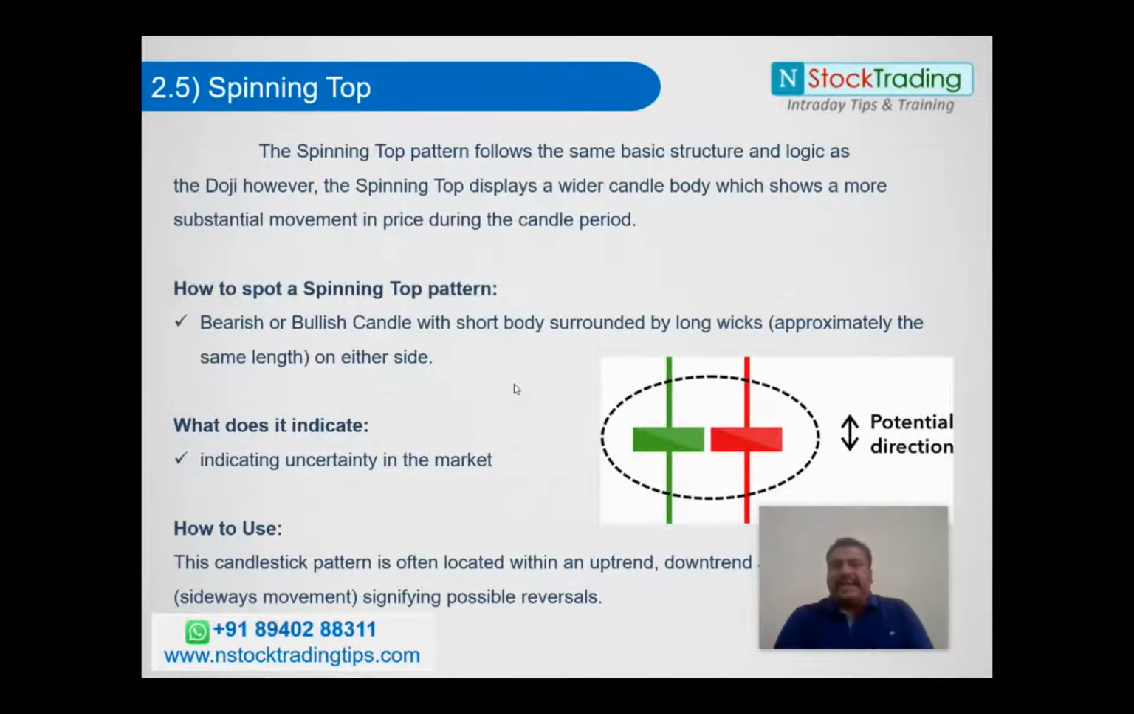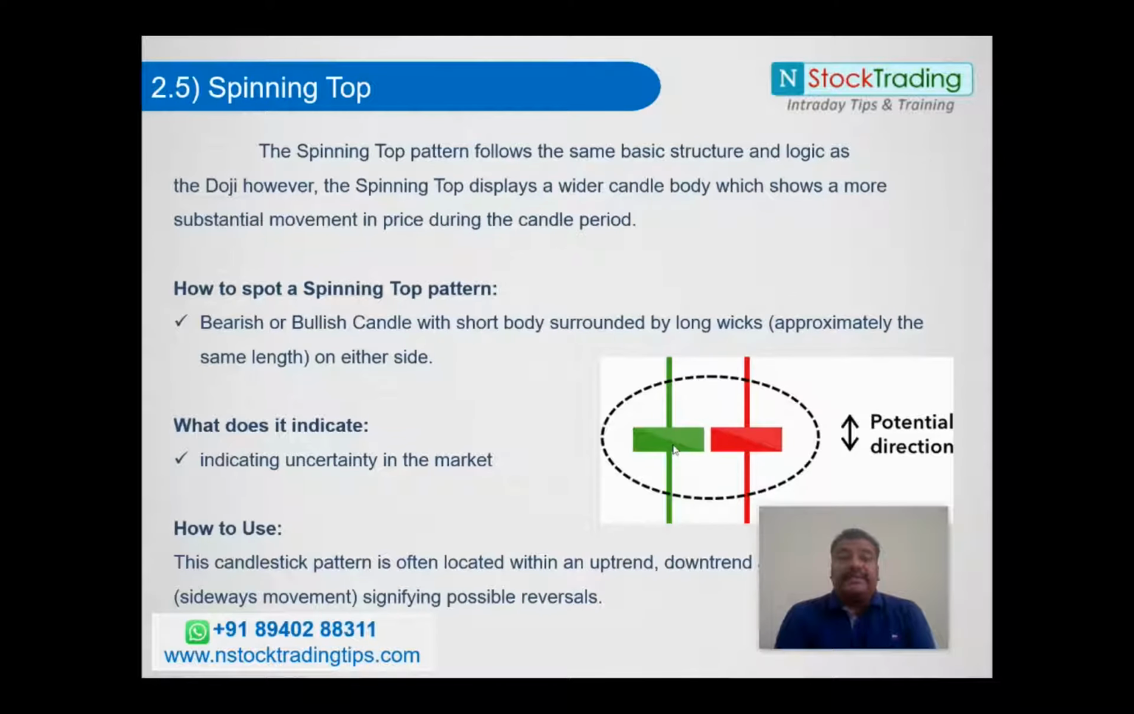Next, we have something called the spinning top. This is a single candlestick pattern. It's similar to a doji. However, the open and close are not exactly the same price. There is a little movement, and also we have a wick at the top and a wick at the bottom. So the wicks are almost the same size, up and down. What it means is